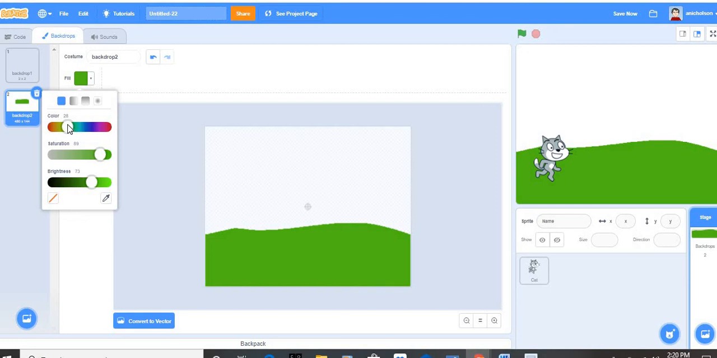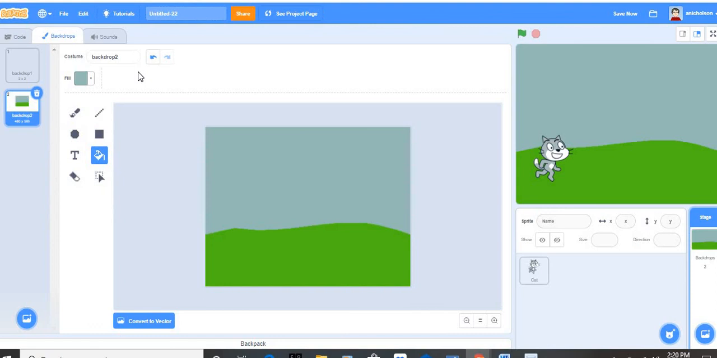Let's see, I want a blue. And then click, and it fills in blue. So now I've got my sky. The cat almost matches that, so I could change the color if I wanted to at any point. And then let's say I want to add a house. I would use my rectangle tool